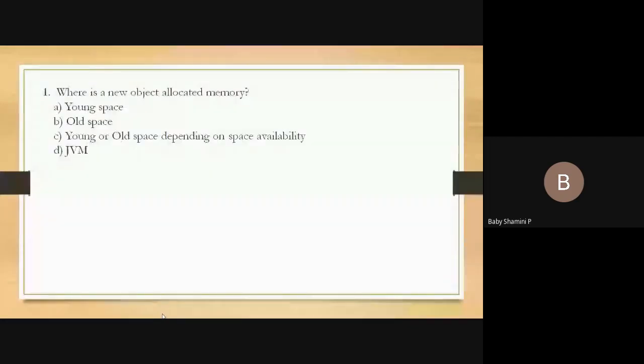First one, where is the new object allocated memory? If you are creating an object, where is the object stored?